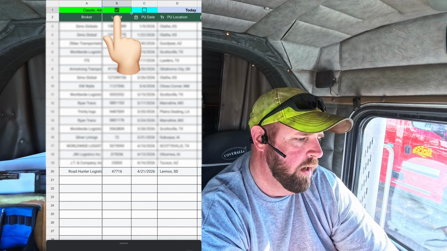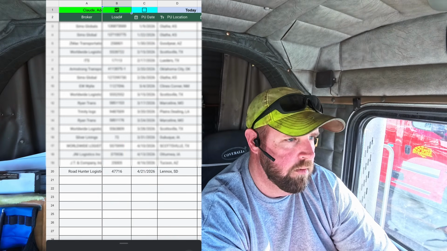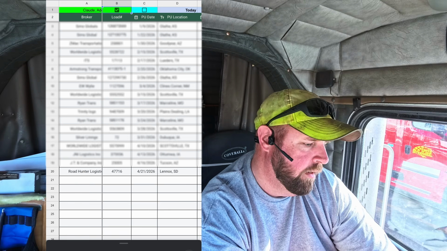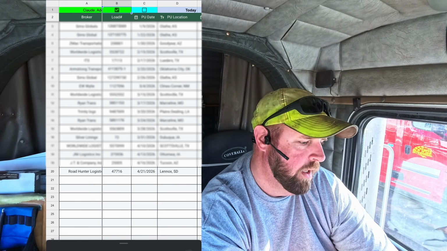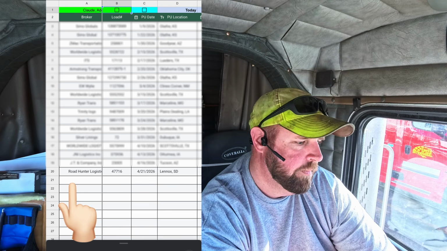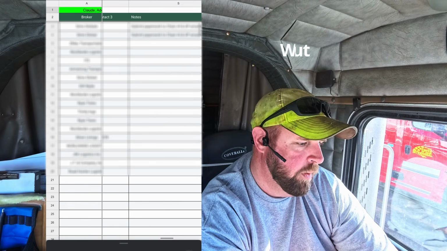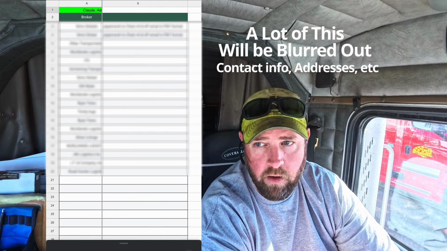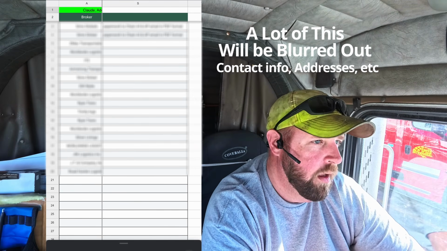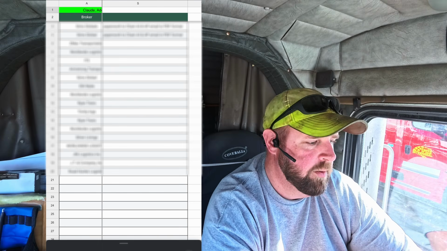So at this point, this email is pinned, which in Gmail is a star. So my rate con extractor knows. We check this box off. That's going to add the load, so there will be a new line under this last one, Road Hunter. It's unchecked itself, so it's already done. All the information in this entire spreadsheet has already been written to the Google servers, but it'll take about 6 minutes to show up on